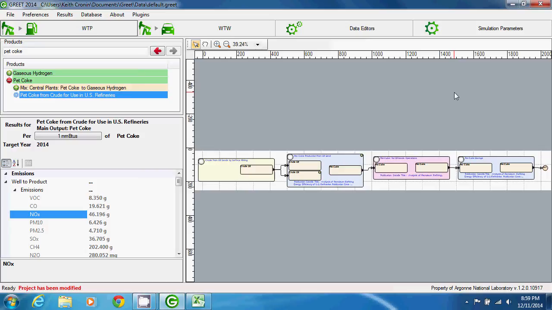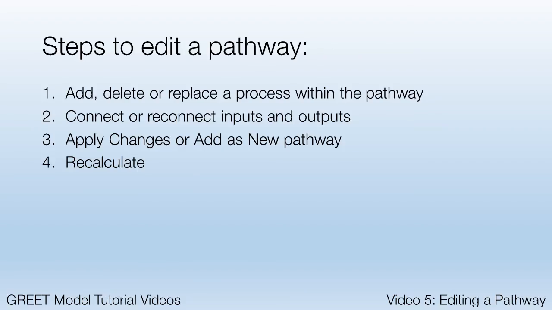Now that I've demonstrated how to edit a pathway, you can practice the same steps on your own. The steps being adding, deleting, or replacing a process, reconnecting inputs and outputs, applying changes or adding a new pathway,